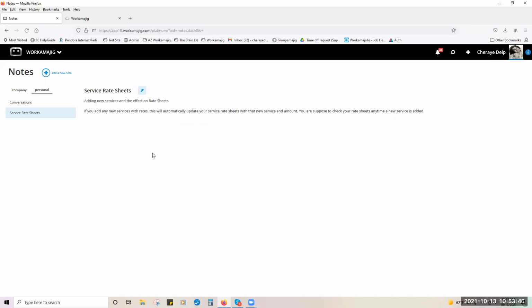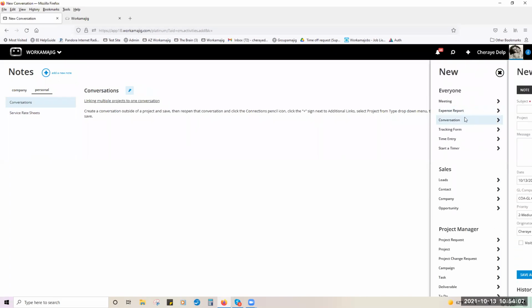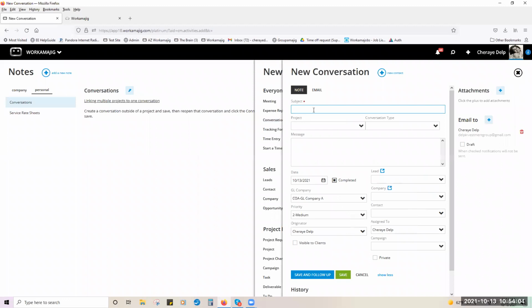And I guess the last thing I will talk about, since I just saw this here, is the ability to link multiple projects onto a conversation. So the way that works is if I click this plus sign, I can go to the conversation, and let me just type in